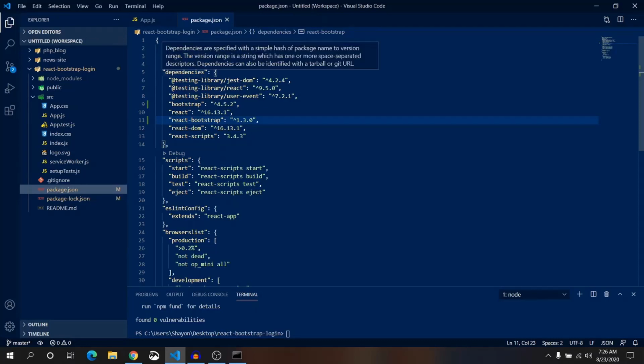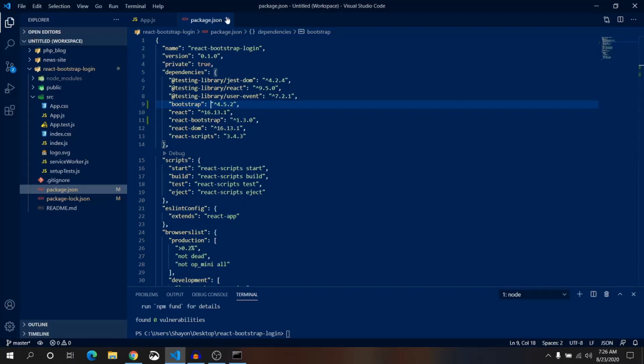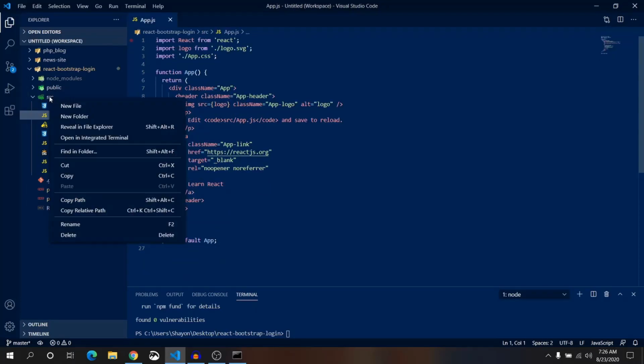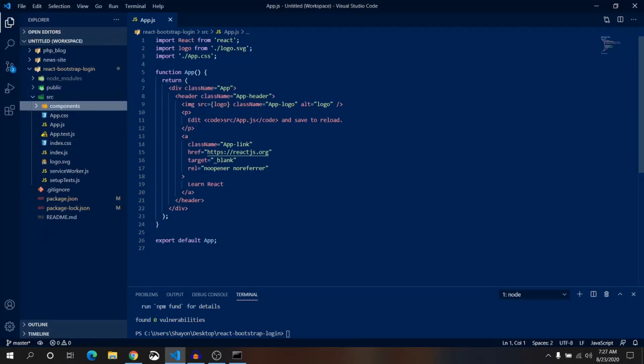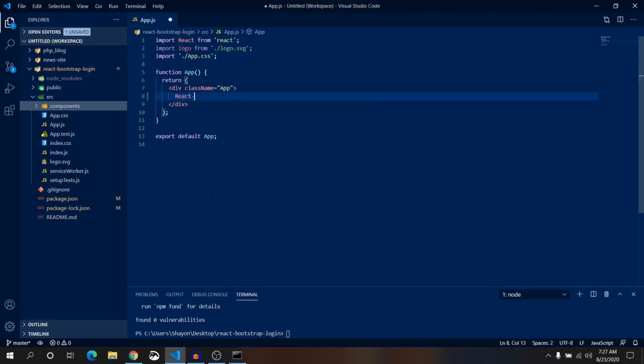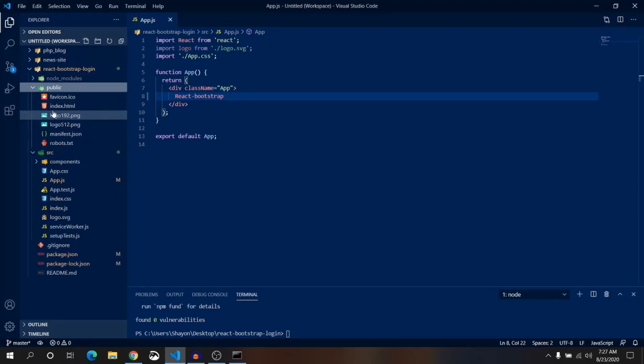Package.json. Inside package.json, you see in the dependency there are two dependencies that have been added, React Bootstrap and Bootstrap itself. Okay, inside source folder we are going to create one more folder, components. At first in app.js we don't need any header. Let's write React Bootstrap, save it, and in public folder we have a file